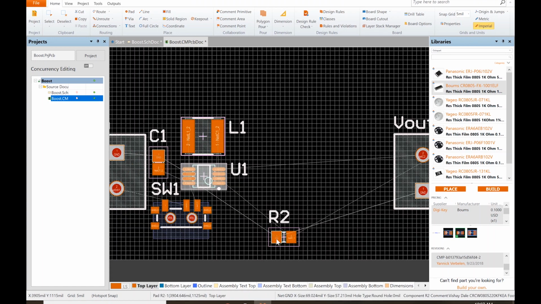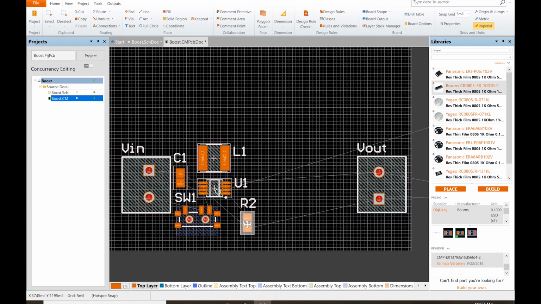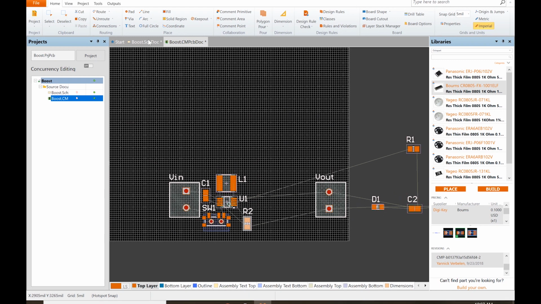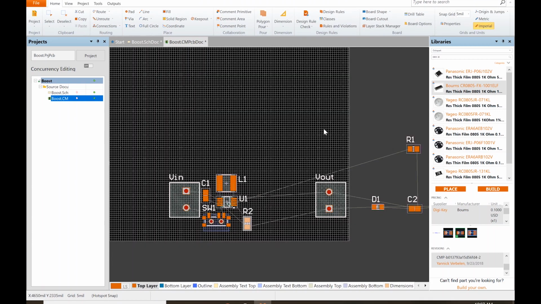So I'm not going to connect the ground pins together. I'm actually going to do that with what's called a copper pour. So R2 can kind of sidle up here. And let's see what else. So R2 and R1 form the voltage divider. Then R3 and the little LED are just the output. So I want to grab R1,